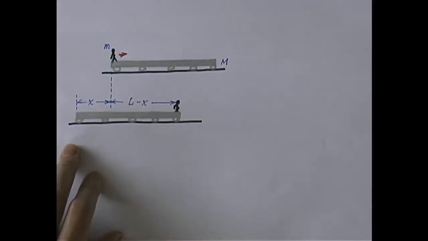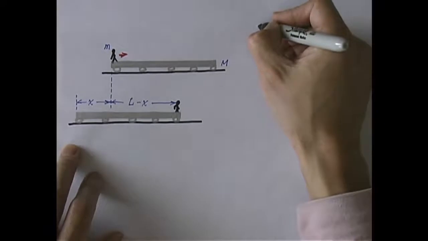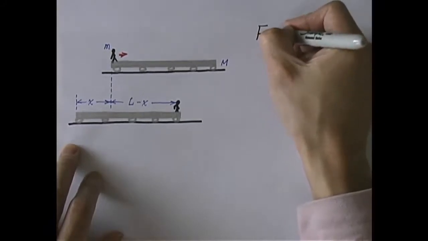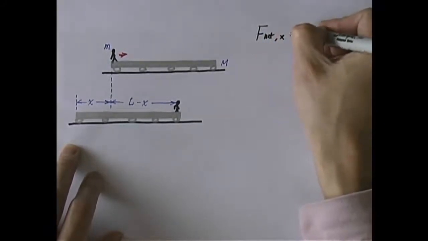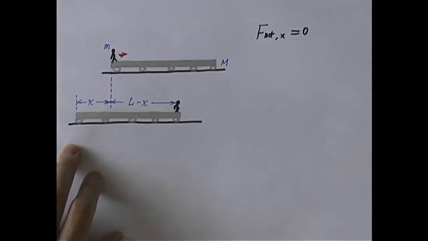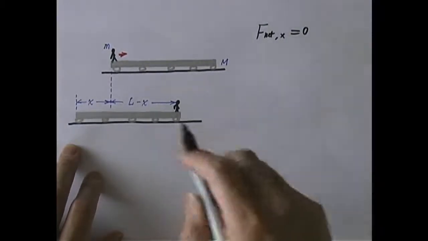In fact, you look at the horizontal or x direction. In that x direction, for the car and the person as a system, is there any external force whatsoever on that system? Well, no. The only possibility is friction, but it does not exist. So there is no external force. F net x is 0, which means the center of mass cannot accelerate in the x direction.